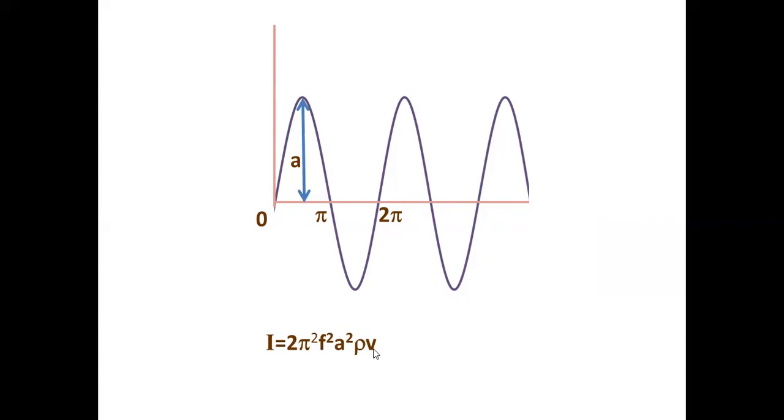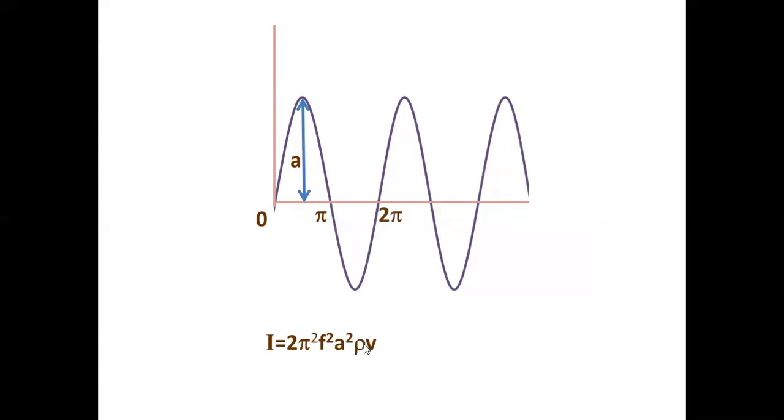For example, sound travels very fast in solids. If you keep your ear on the railway track and ask your friend to beat the railway track at the other end, you hear two sounds. Why? The one which travels through the track reaches your ears first because it travels faster. The one which travels through air takes a longer time to reach your ears, so that will be heard later. So you will hear two sounds. Sound travels with the highest speed in solids. So what is the velocity of that particular wave in that medium?